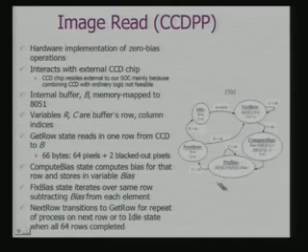Similarly, the image read can be done in a similar way. We have an internal buffer B which is memory mapped to 8051. The variables R, C are buffers, row and column indices. The get row state reads in one row from CCD. If it is reading in one row from CCD, it will get 64 pixels, 2 blacked out pixels.